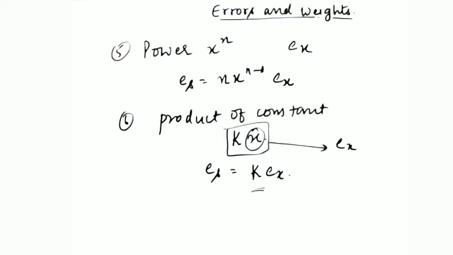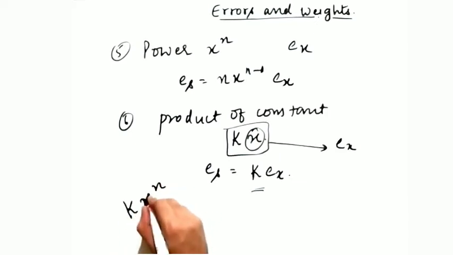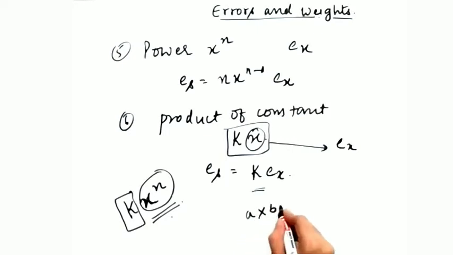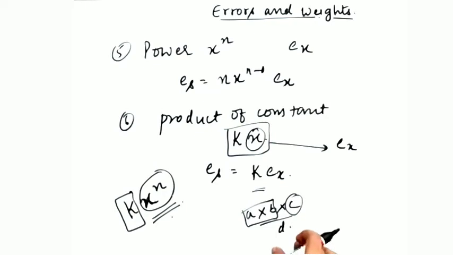सो अब आपके पास किसी भी टाइप का क्वेश्चन आ जाए, suppose a question comes kx to the power n, then आपने x to the power n का केस पढ़ा है, पहले इसको सॉल्व करिए, एरर निकालिए, फिर उस एरर के साथ आप k की क्वांटिटी को मल्टीप्लाई कर दीजिए. So you can easily suppose a case comes a times b times c divided by d. So you just have to go for a multiply b, then you have to go for c multiply the product of a and b, and then you have to divide it by d. So this is how you go for such type of lengthy questions. But such questions will not be asked. अगर आएगा तो बहुत basic question आने वाला है.